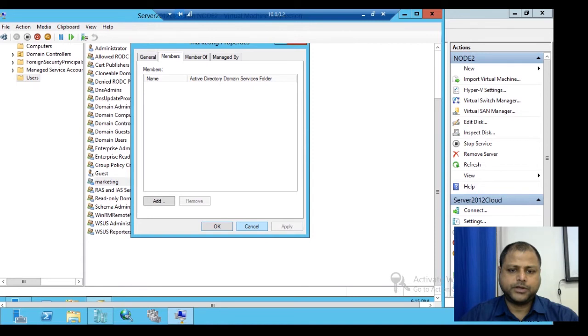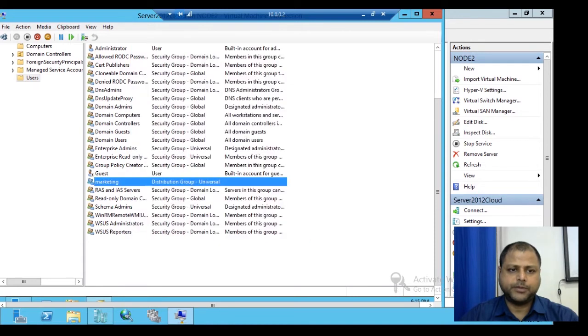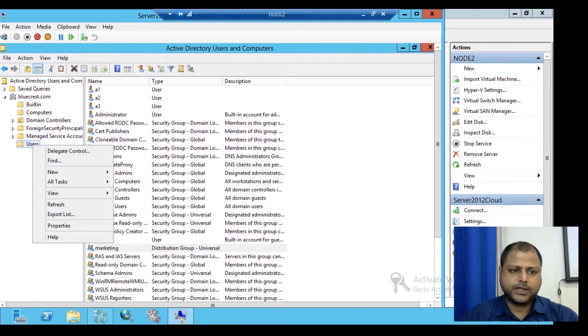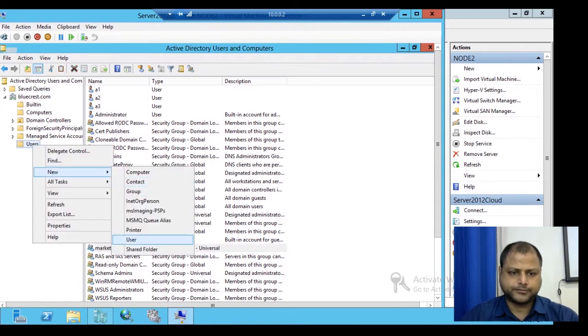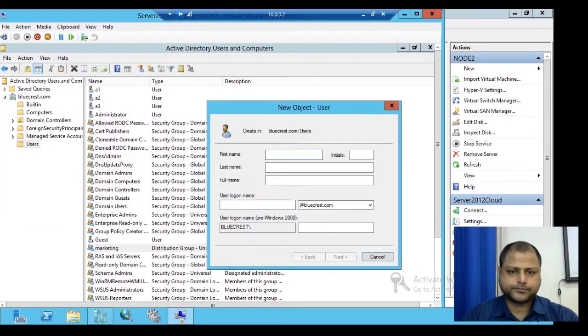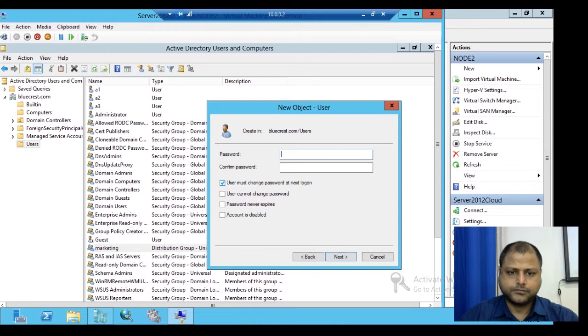So we'll create one new user and provide the membership of that group account. So we'll go to the Users tab and create a user account. We'll create one new user, that is A4. We'll provide the password credential, that is a complex password.